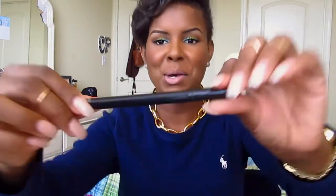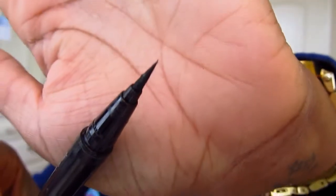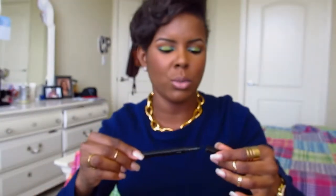Next is going to be, I don't even know what it's called because all of the writing has worn off, but it's basically the felt tip liner pen from Stila. And I absolutely love this eyeliner. I'm not obsessed with this eyeliner. The only thing that I'm obsessed with is how sharp and pointy it is, so I can do really